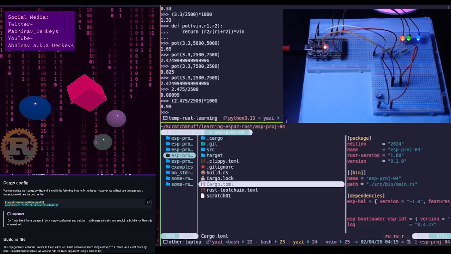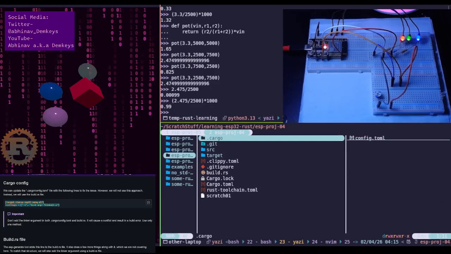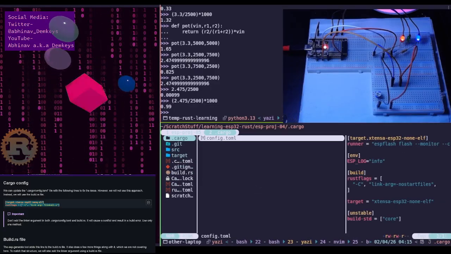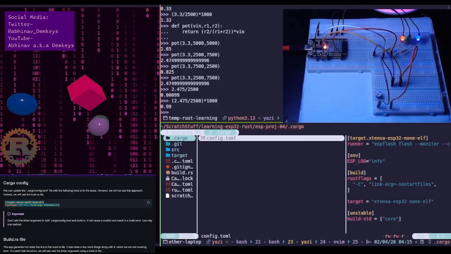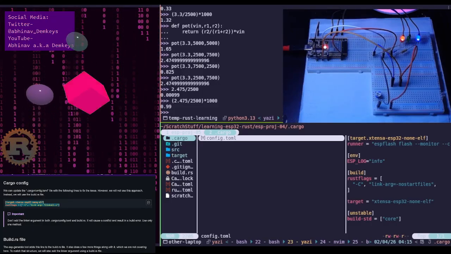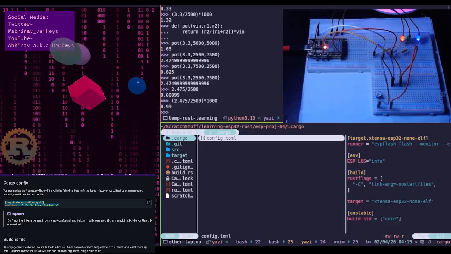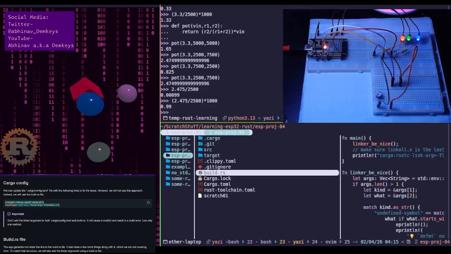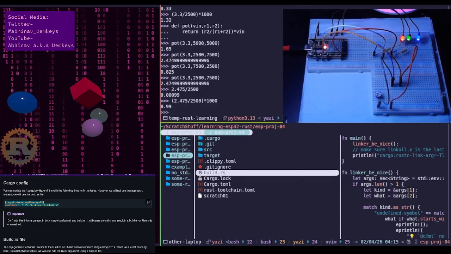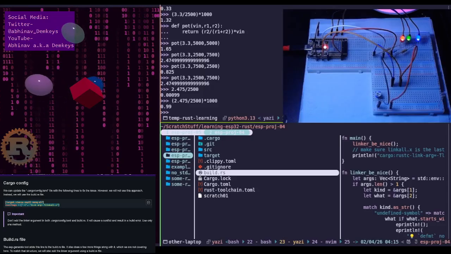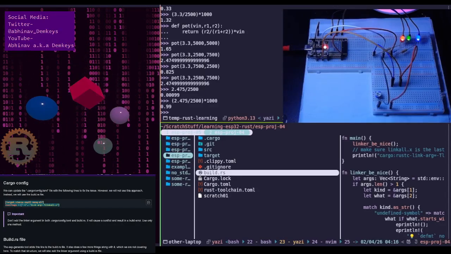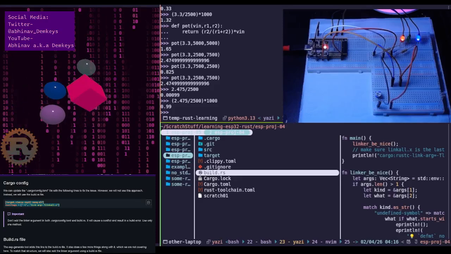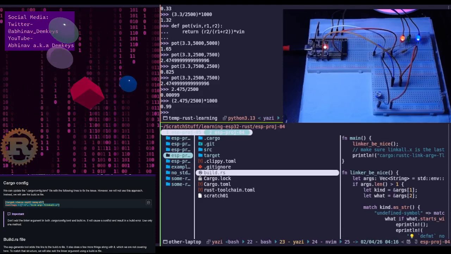I don't remember. I think it might have been in this. Yeah, I think it's in config, but then I'm not able to remember it. Oh, could it be in the build rs thing? Possibly. I'm not sure. I can't remember where exactly I had seen it, but yeah. Anyways,